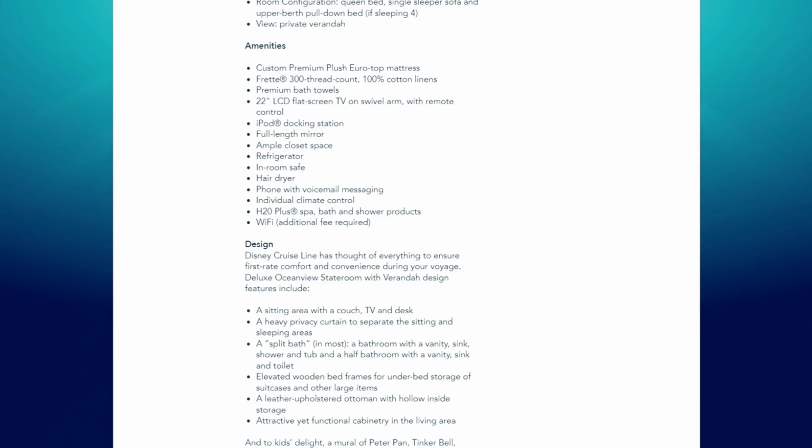The amenities noted are just your common amenities on a Disney cruise ship. The 22-inch flat screen TV, the little TV, honestly, that they have in these rooms. There is a refrigerator in the room. There is an in-room safe. So those are the various amenities that you have, just very common to all those. But there are the H2O products there still, and that's a definite bonus, but we do know those are going